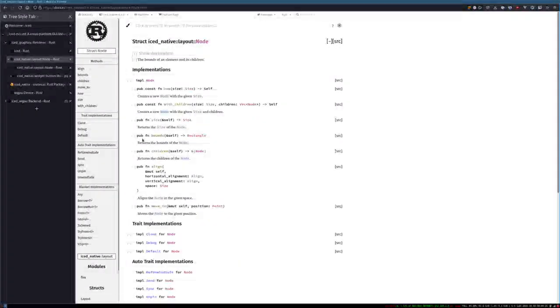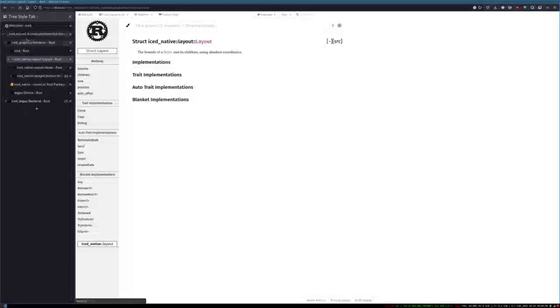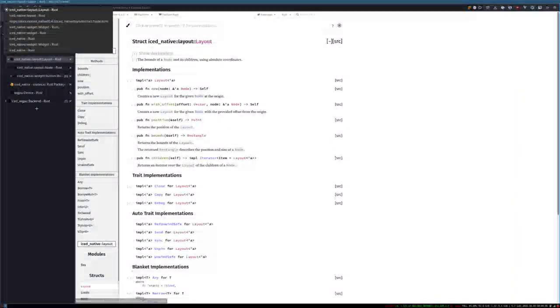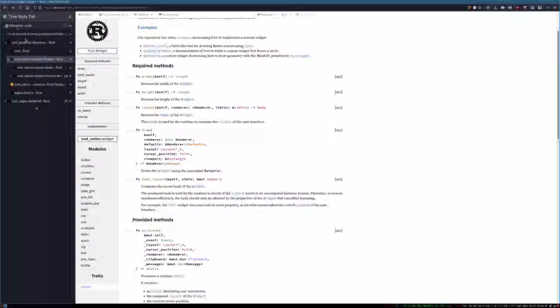So you return children with their sizes and so on. So yeah, you return a node which is a size,